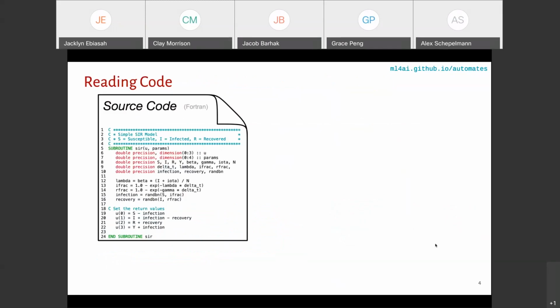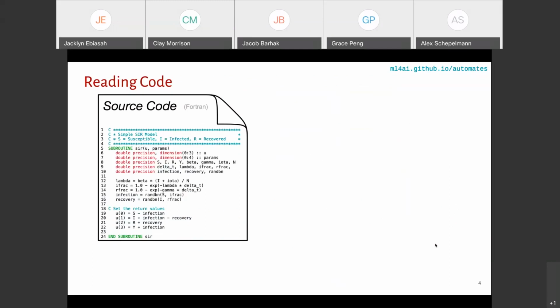Going through the steps here, I've got an example of some Fortran source code. This code is part of a model of a simple susceptible, infected, and recovered (SIR) model from epidemiology.